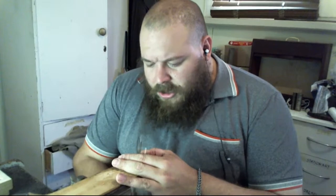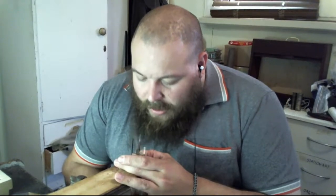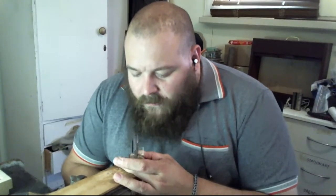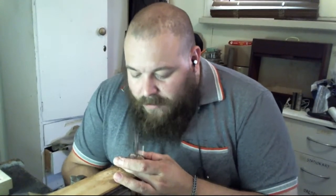What is Shibuichi? Shibuichi is a Japanese alloy of silver and copper. This specific piece of Shibuichi is 25% silver, 75% copper. But much of traditional Shibuichi was actually 20% silver to 80% copper. So it does vary based on the desired color of the Shibuichi in the patina, because most Japanese non-ferrous metalwork is done with patination in mind,